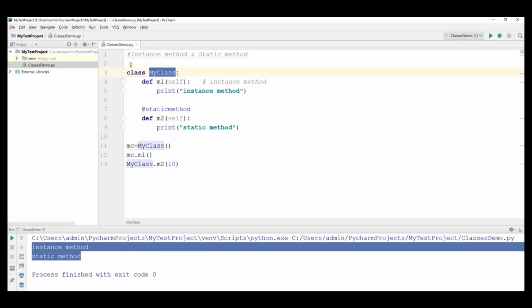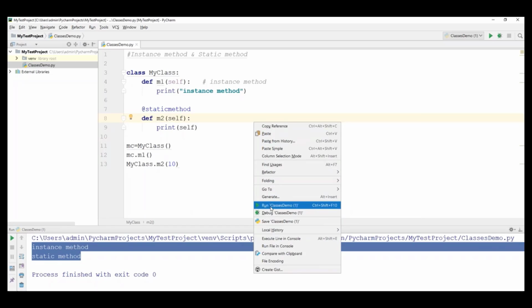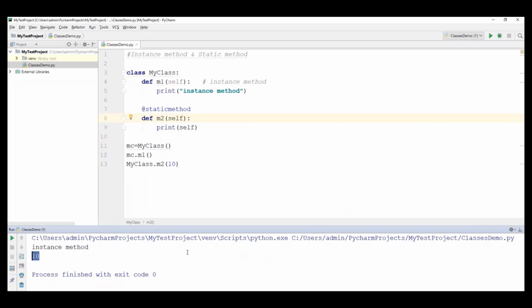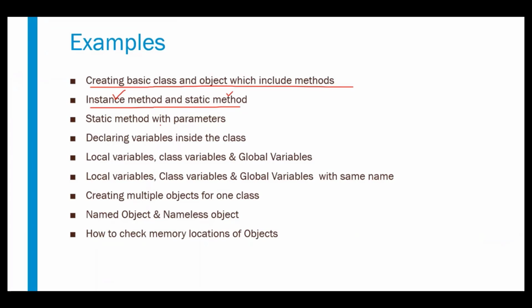All right, now let us see. We also saw a static method with a parameter, right? When I pass some parameter here, it will be received here. So we can also print this value here. Instead of printing the static method message here, I can just print self, but that will be treated as an argument, right? So we can directly print here. Now when I run this code, it will print the value 10. So for static methods we can also pass some parameter, but here we don't use the self keyword. Remember this. All right, now let's move on to the next one.